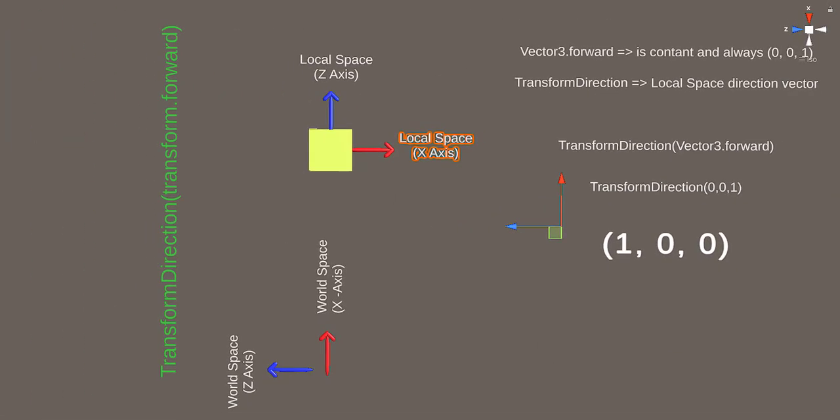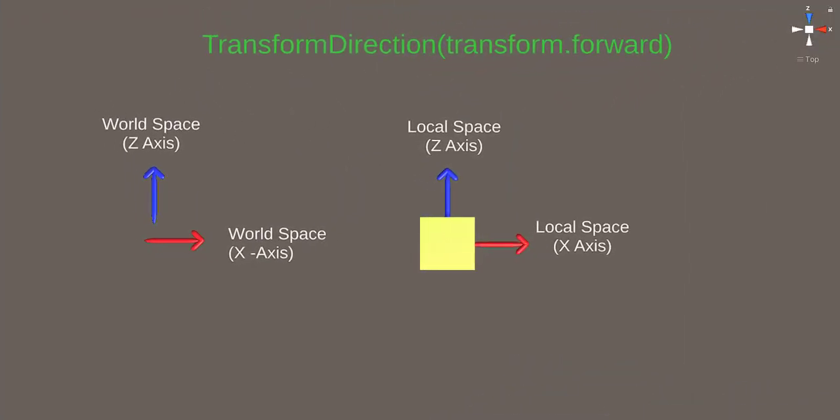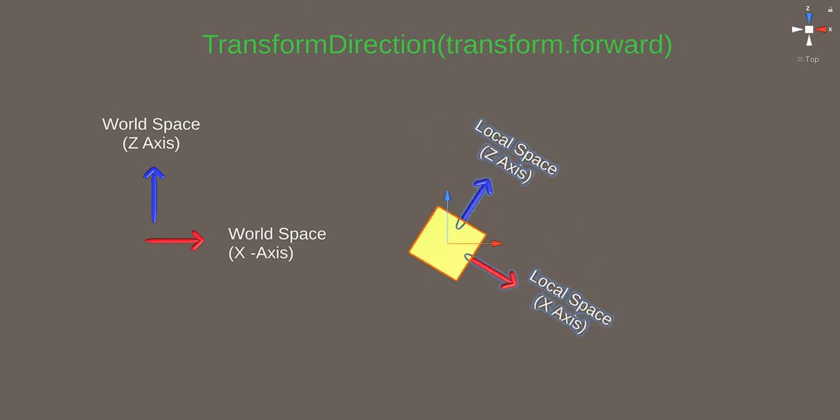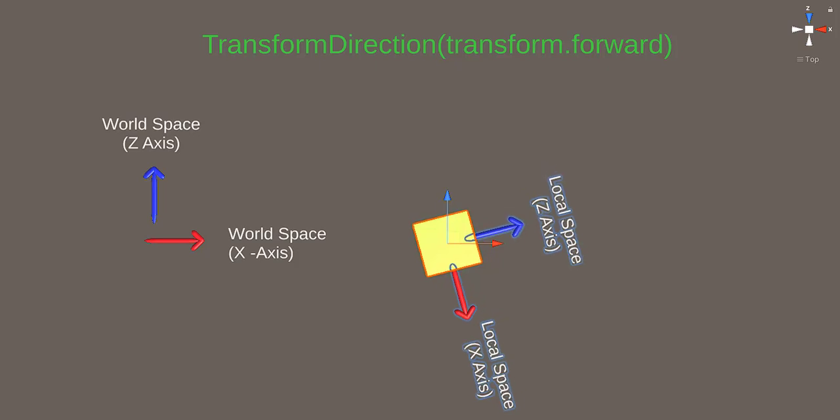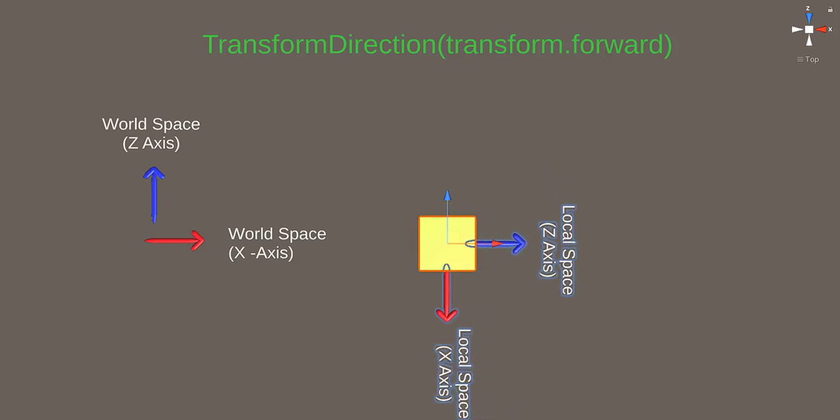The problem arises when transform.forward is used instead of Vector3.forward. The problem stems from the fact that transform.forward gives us a world space direction vector, yet TransformDirection needs a local space direction vector. In fact, we shouldn't pass transform.forward without specifying Space.Self as the second parameter of the method. However, if we do that, this means that we would like the method to consider transform.forward as a local